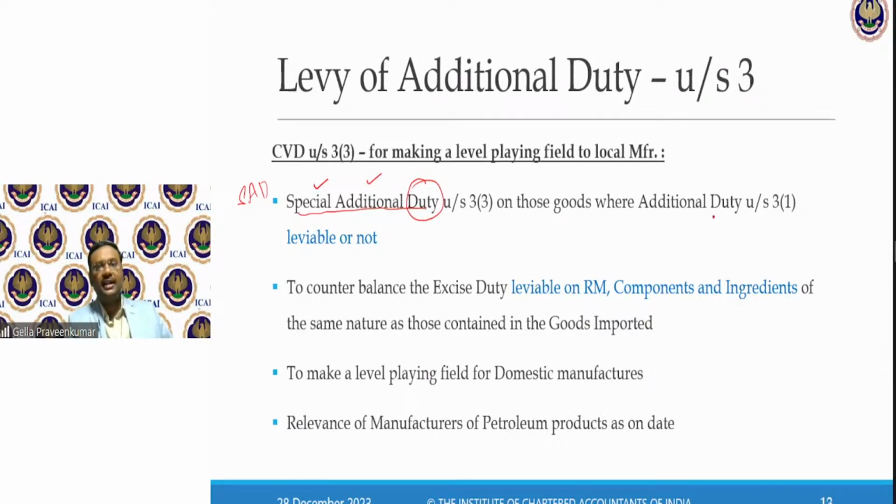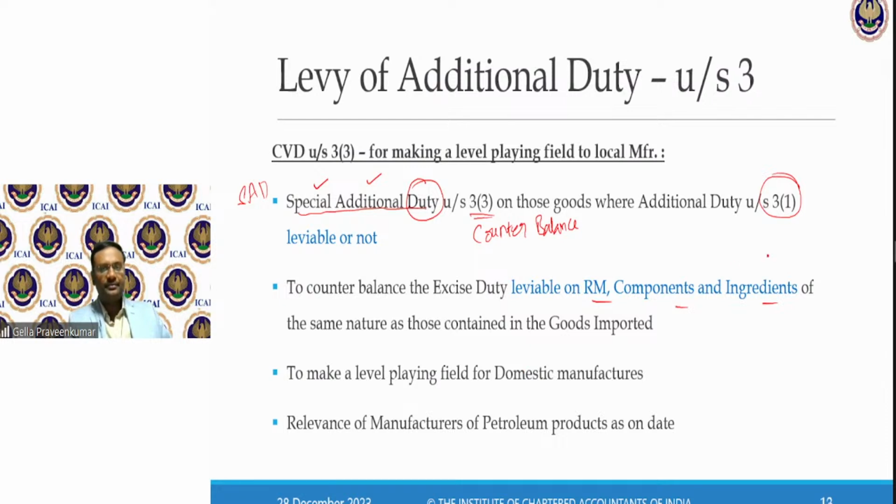On those goods on which additional duty under 3.1 is leviable or not, whether or not I levy under 3.1, 3.3 comes to counterbalance. Counterbalance what? To counterbalance the excise duty leviable on raw material, components and ingredients of the same nature as those contained in the goods imported.